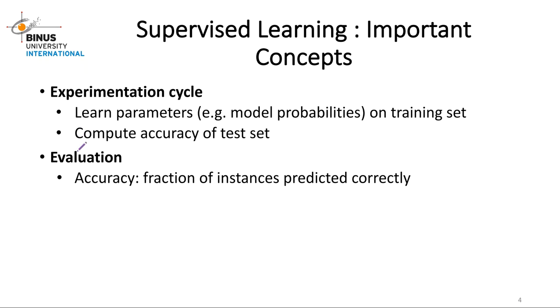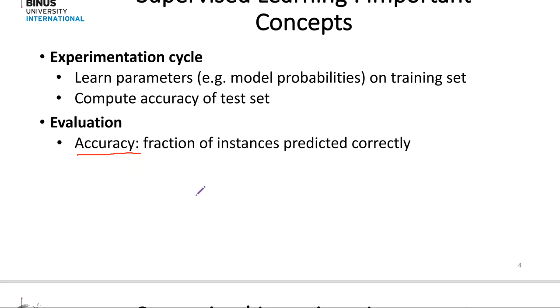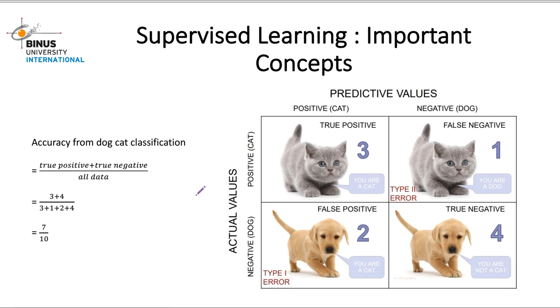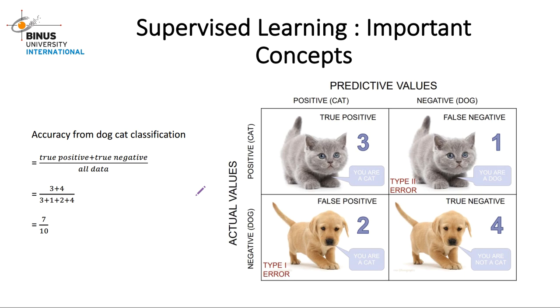Now, you need some evaluation to decide how good your model is. So we use accuracy here to see whether our model is good enough or not to predict new data that we have never seen. Okay, how we calculate the accuracy is something like this. This is a very common method to calculate the accuracy. Actually, the accuracy is simple. Everything that you can predict correctly is